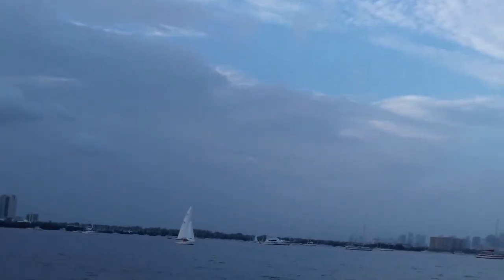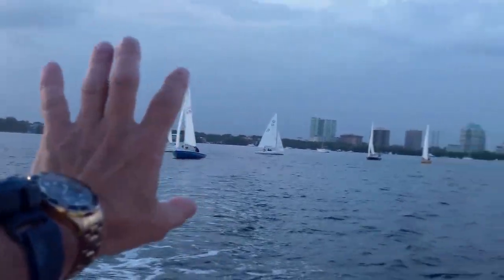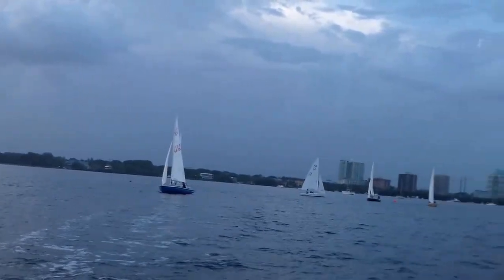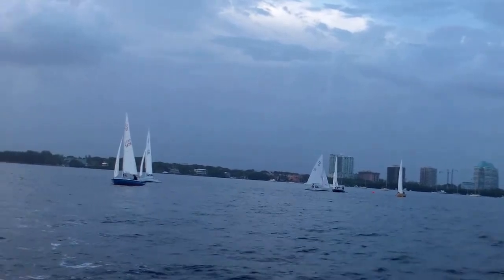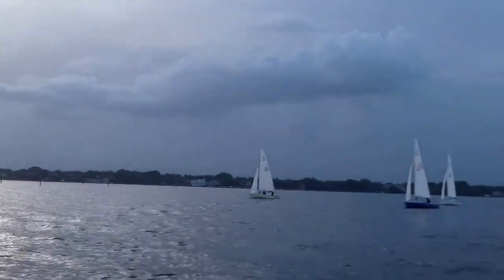Alright, so Air America's decided to tack. I think they waited too long because there's a big glassy hole over here, whereas Mad Dog is moving nicely. And there seems to be more pressure over here. So, to me, it looks like it's between Mad Dog and Air America, and it all depends on where the wind goes. If you look up ahead,